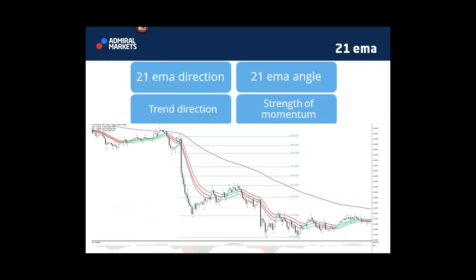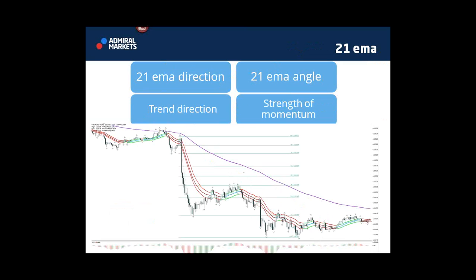Let's move on, talk a bit about the 21 EMA first of all. I use the 21 EMA, as I said, for trend, for direction. So obviously, when price is below it like this or above it, it shows a downtrend or uptrend. That's a very simple rule of using the 21 EMA. Where is price in relationship to that 21 EMA, and that is the trend, right? If it's below, it's a downtrend. If it's above, it's an uptrend. And if the price is in those EMAs, then there's no trend.